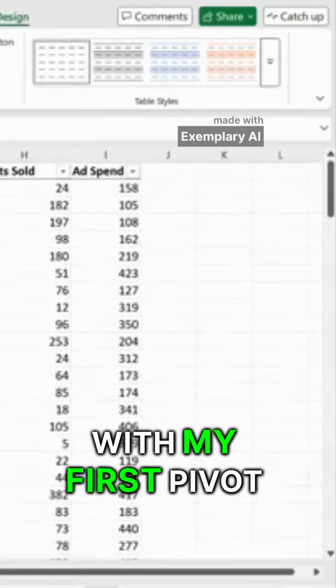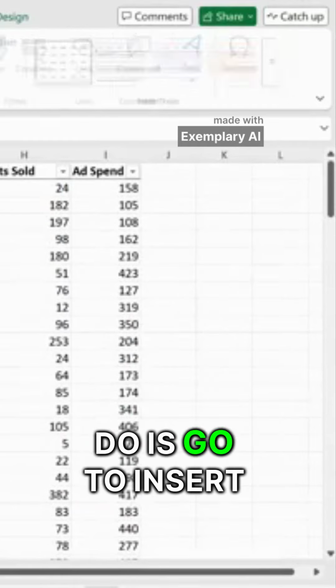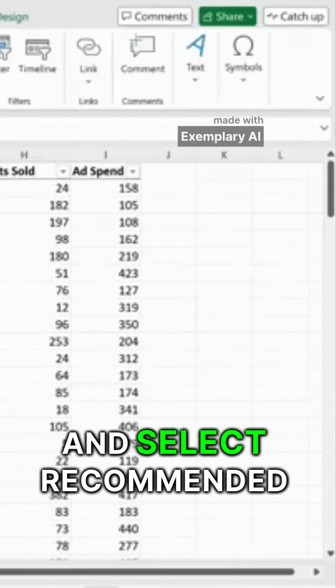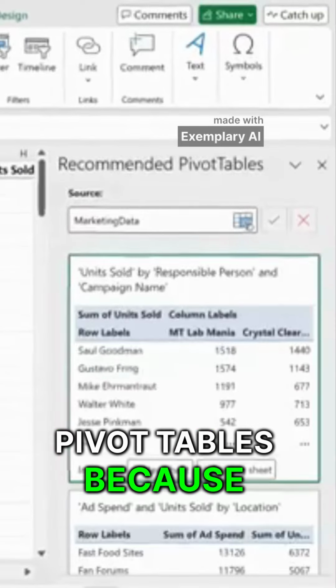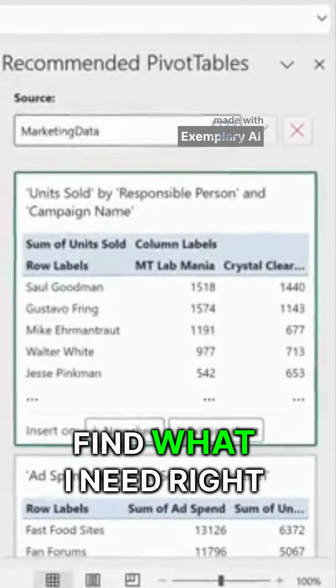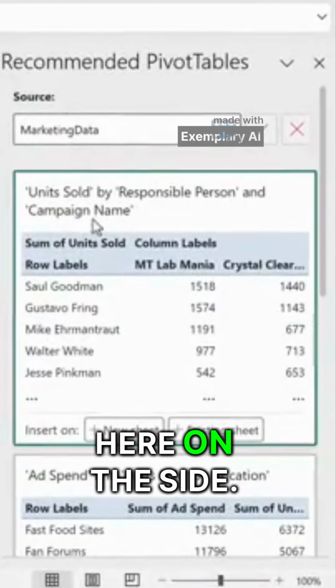To get started with my first pivot table, all I need to do is go to Insert and select Recommended Pivot Tables because I might already find what I need right here. On the side,